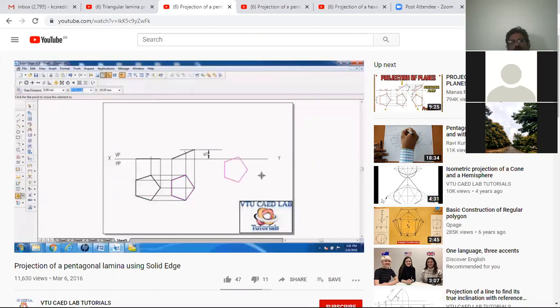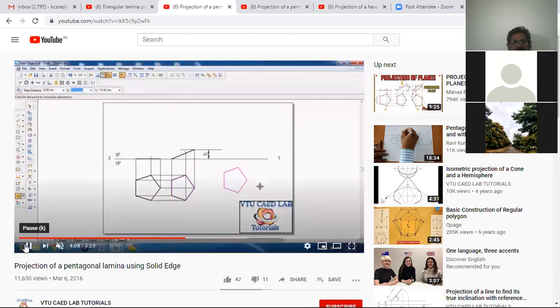And we need to use the move with copy. See, once again, please don't use it when the cursor is not on any of these corners. If the cursor is not placed on any one of these corners, it is called a blind move. Don't use this command like this. Use the command move with copy, taking any one of these corners as a reference.